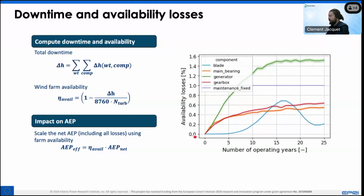And yeah, one thing as well that I'd like to point out is that for the main bearing here, this orange line represents every time you have a failure, then you have a given downtime, and that translates to the availability losses. So behind that there is the number of failures you have each year. And so if we add those failures, we get to something which is around 15